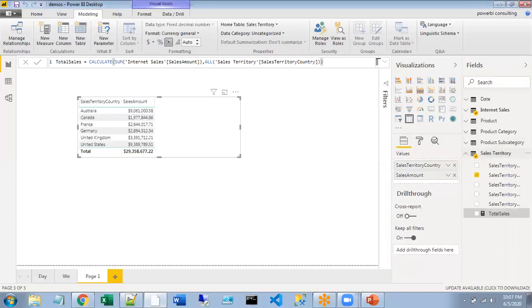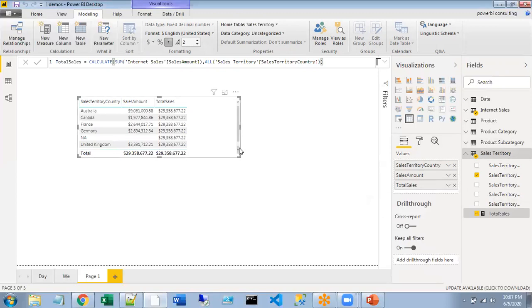So you see here, this is the new aggregation that we have created for getting the total sales amount. Okay. So this is the best example of when you need a measure. This is not something you will be using as a new dimensional attribute that you will provide to the user for analyzing your data model. It's not something like that.